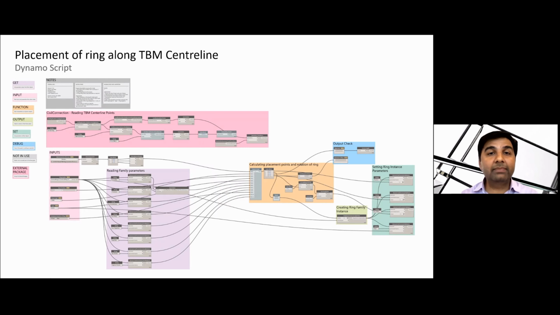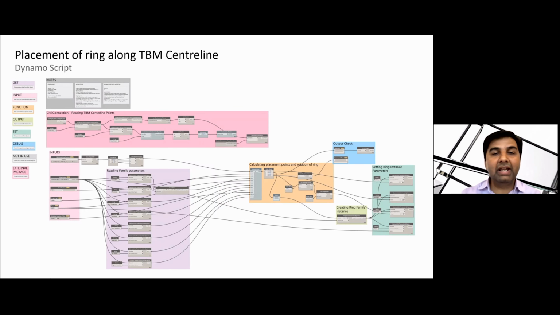And this script also gives us liberty. For example, sometimes the rings rotate clockwise at the next position, but in some projects they rotate counterclockwise, or say anti-clockwise. So we have already taken care of all these different types of information in our script.